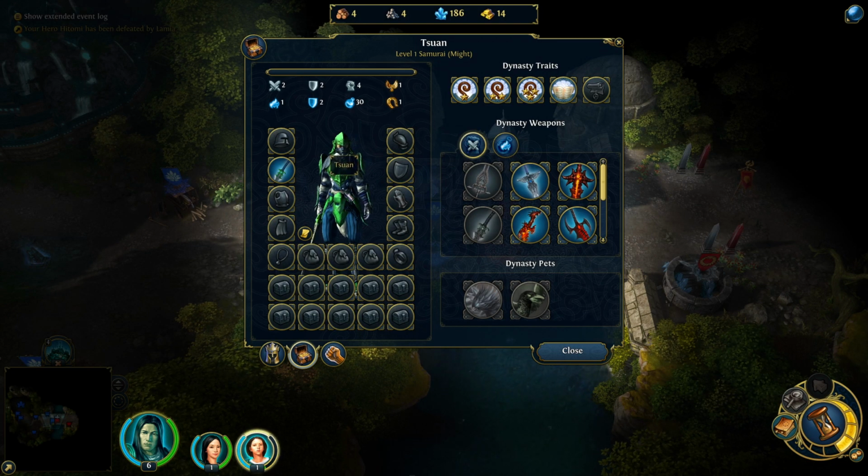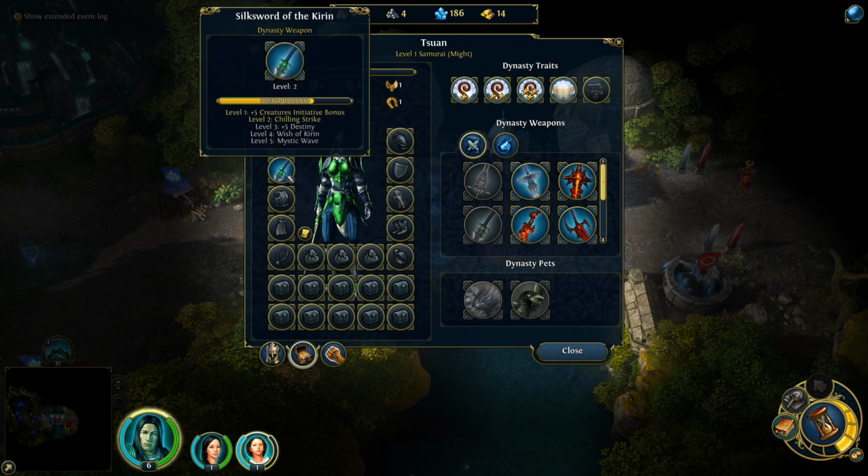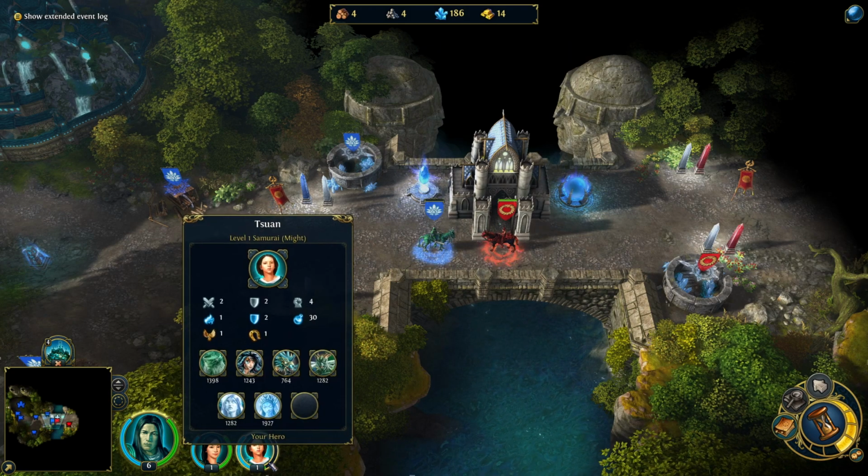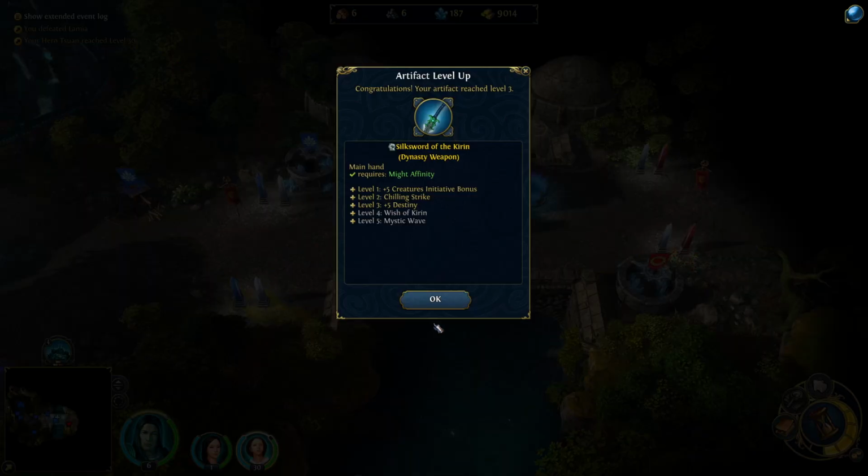So for the fourth try, I went ahead and bought a new hero, a might hero this time. I killed off the old hero so I could give the Silk Sword of the Kirin to the new hero. So let's see how combat turns out this time. So, with a new hero and the same weapon and the same enemy, we still got experience for the weapon,